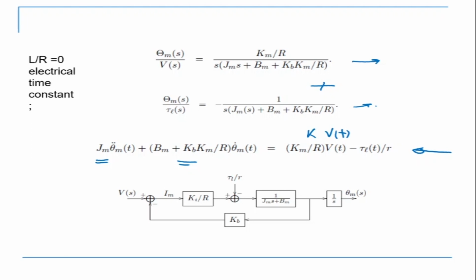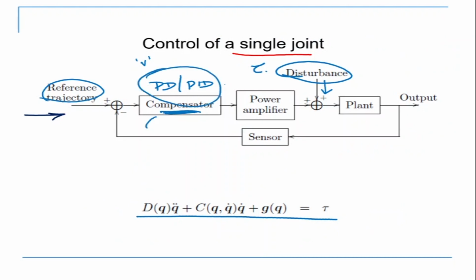So when we say design a controller, what we mean is deciding, in this equation, the amount of voltage I'm going to give to the motor. The controller actually decides how much voltage is going to go to the motor. So if I go back to my initial figure, what the compensator, or the controller, is doing is deciding how much voltage to give to the motor.